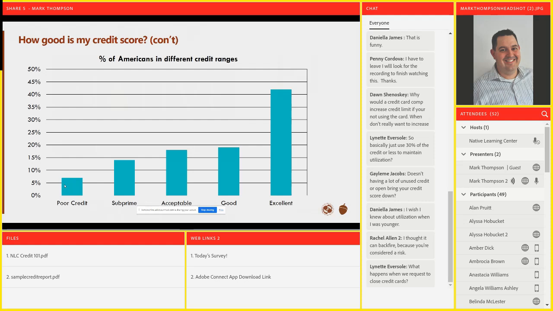So what they're showing is the percentages for people that have a credit score. But if we looked at the total population, we might find the largest bar is people who don't even have a credit score, because they only use cash, they don't have credit cards or loans, and they've chosen to opt out of the credit system.